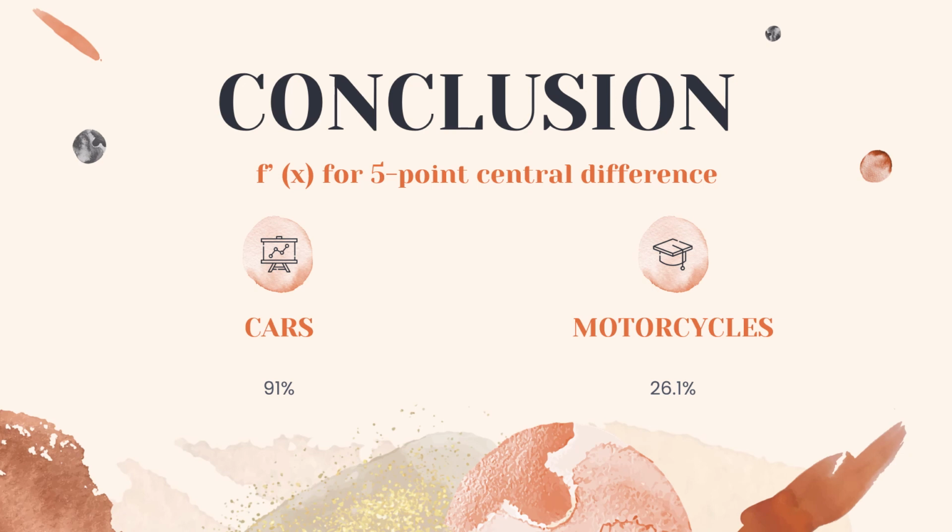Based on the calculation of the data, the answer obtained from f prime x for 5-point central difference indicates that the number of cars that use signals at the road junction is higher than the number of motorcycles. The values obtained from the calculation were 91% for cars and 26.1% for motorcycles. From the study, it can be seen how much the drivers and the riders obey the basic rules of being on the road. Since there is a huge gap